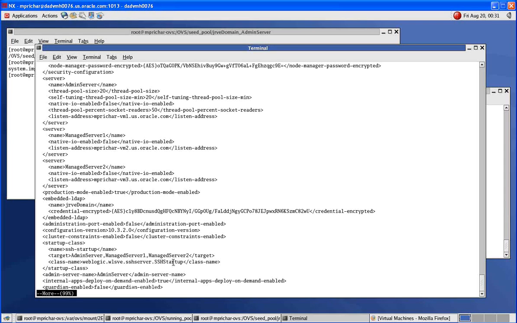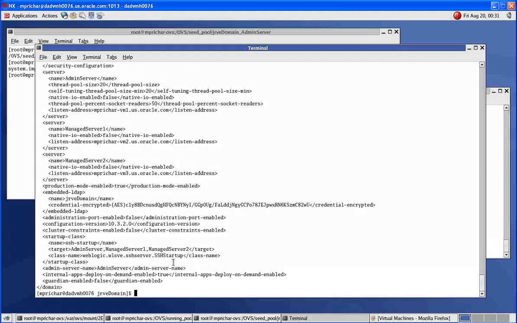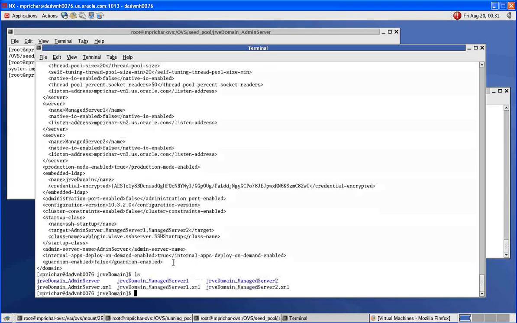And the reason for that is that we need to integrate the JRockit VE SSHD service with our domain security realm, the WebLogic security realm. So that is the class that lets us do that, and I'll show you how that works later on. And then I've created a user and so on in the LDAP, the embedded LDAP server. So that's my WebLogic server domain configuration, and I'm going to insert that into the virtual machine images for each of